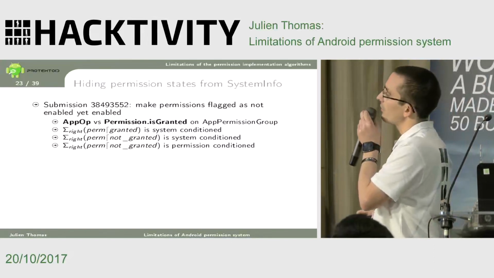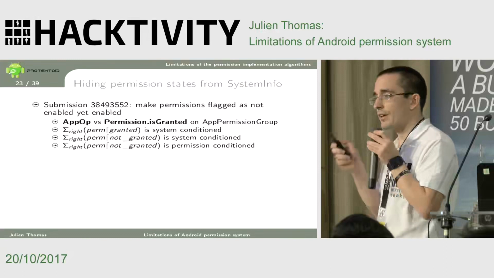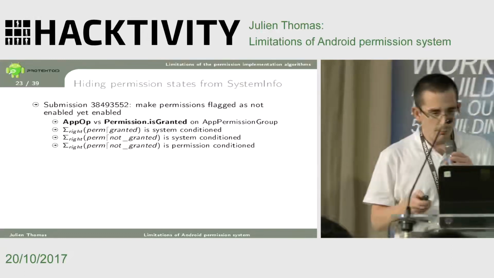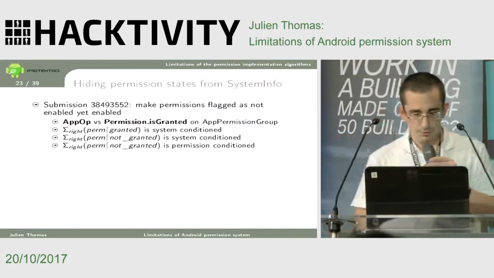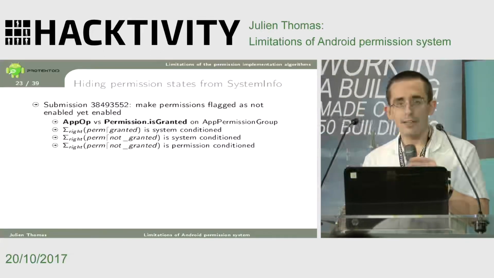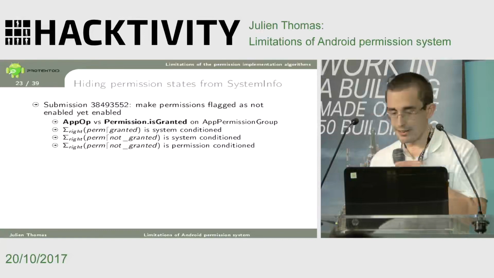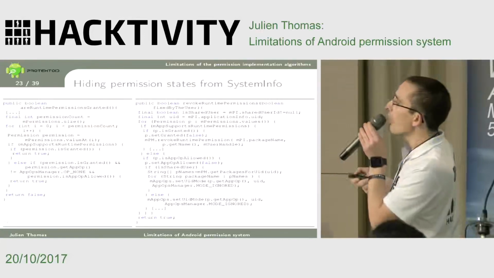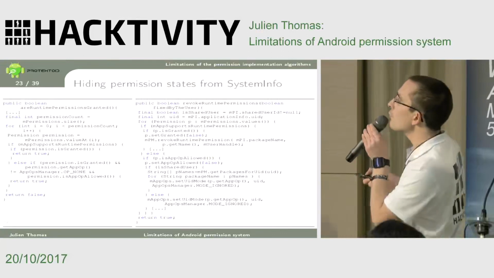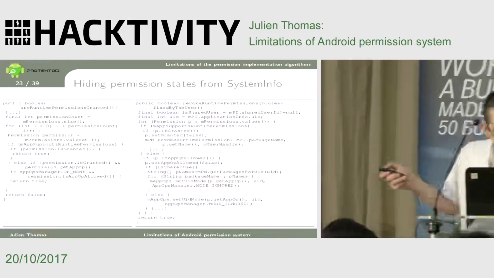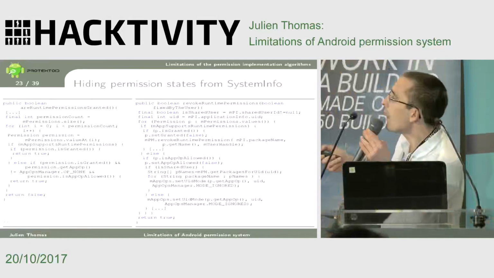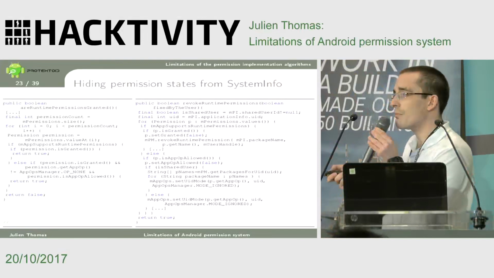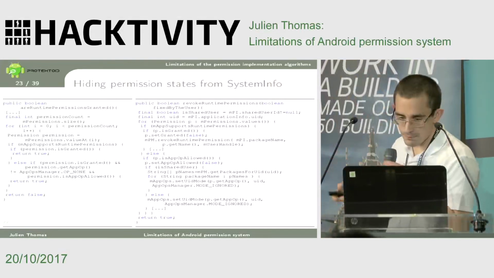So another interesting thing is how can you make an application flag that's not enabled yet enabled? Here that's a little more complex because we talk about backward compatibility with the app-op concept in KitKat. Meaning that when you revoke a permission, it starts to deal with: is it a new application? Is it an old application? If it's an old application, do you have app-op? I mean, you see the logic is very complicated.